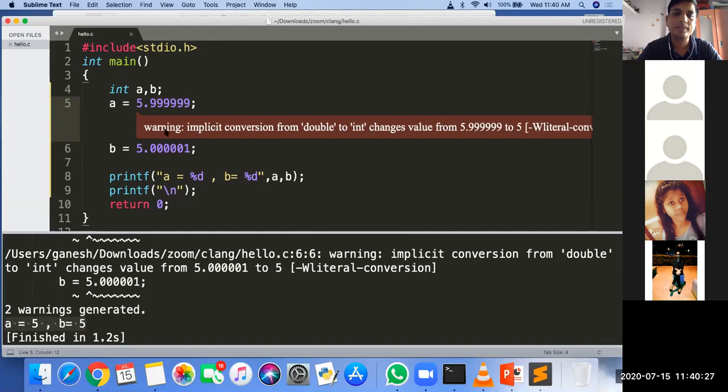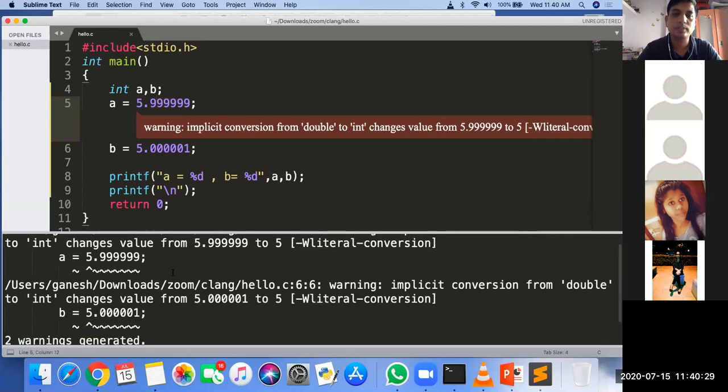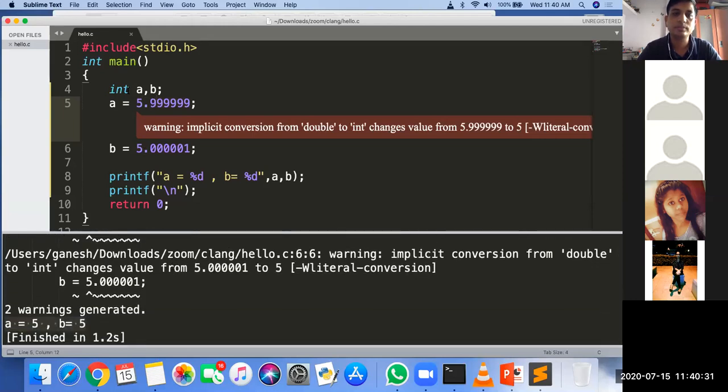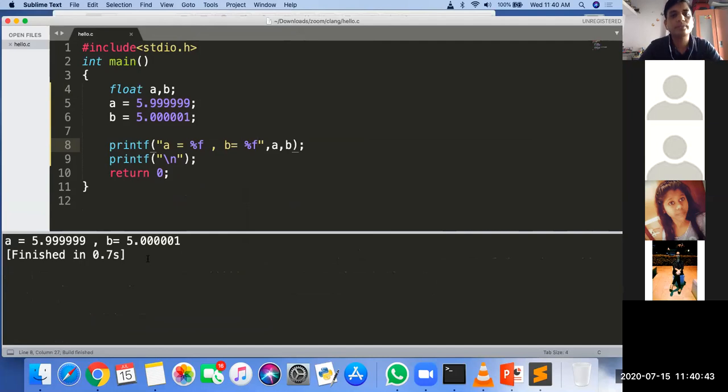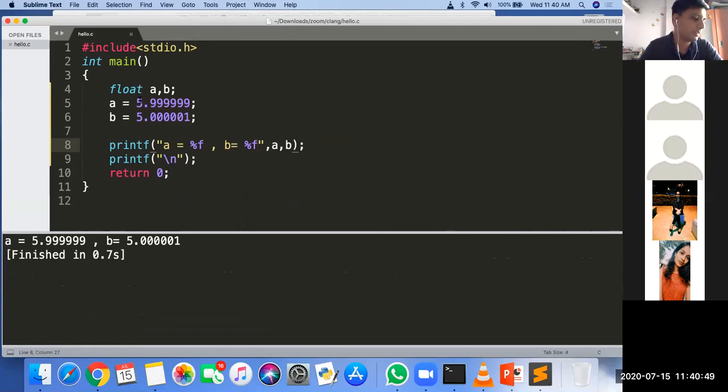Sir, if it is float a comma b, then the same value will be output, no sir? Yes, you'll get the same value, because there is no conversion now. You are storing float values in float variables. No conversion takes place. Got it? Yes, sir.